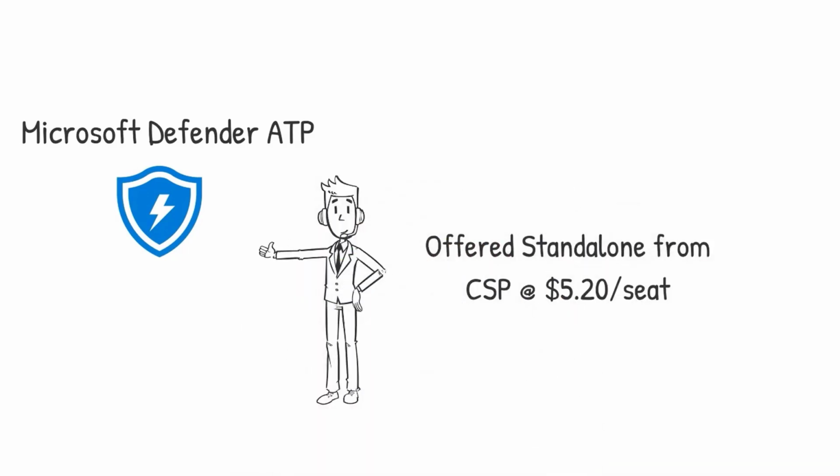So the big thing here that I mentioned earlier is that this solution was traditionally only available in the E5 offering, but now it's offered standalone for CSP at $5.20 a seat. So it's pretty reasonable in the sense of cost here, but it is something where you can now bolt it on to these solutions like Microsoft Business Premium and offer this as a package for enhanced security to your customers. And again, we'll be working through different videos showing you the licensing models and the pricing and all of that. But this is why I wanted to make these videos, because I think now it is something that you should